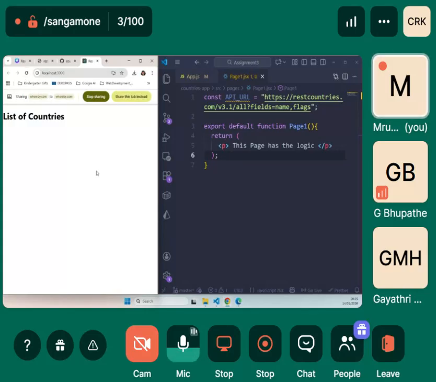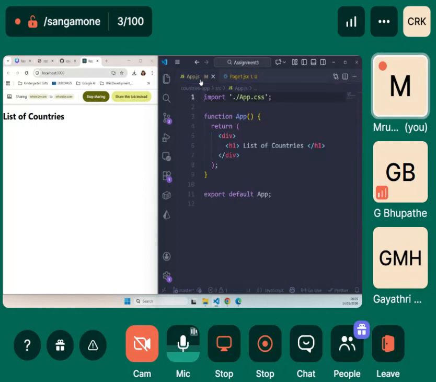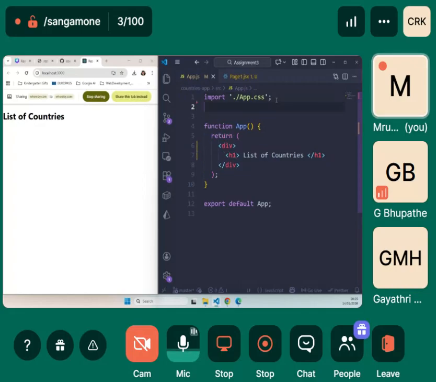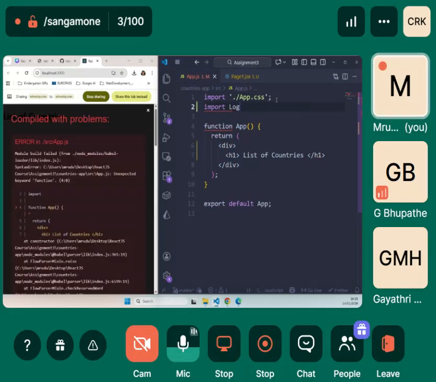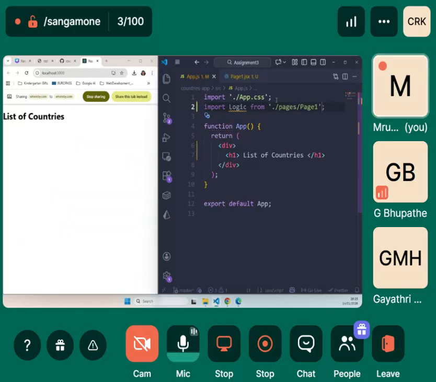Technically it should display this particular paragraph, right? This page has logic, but it is not displaying. Why? It is because we haven't added our reference of page1.jsx in app.js. So here we say import Logic from page1.jsx.